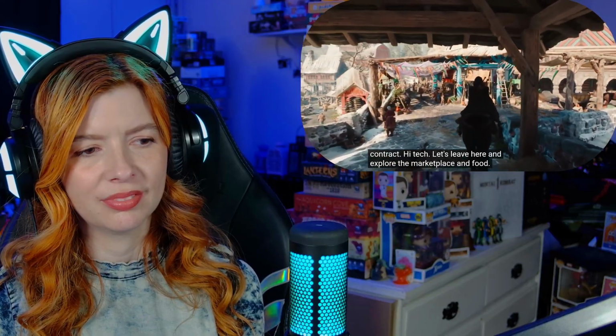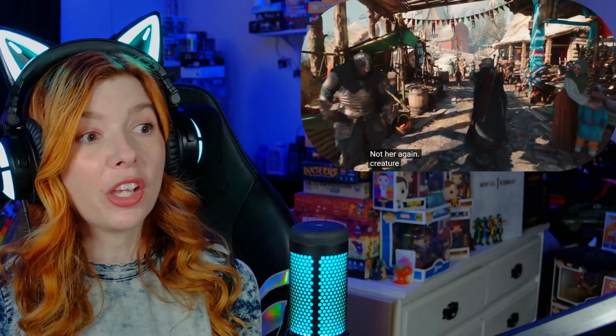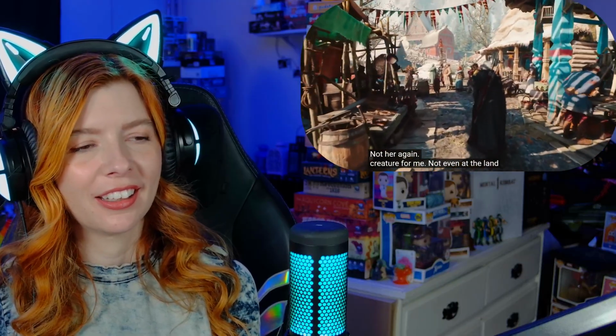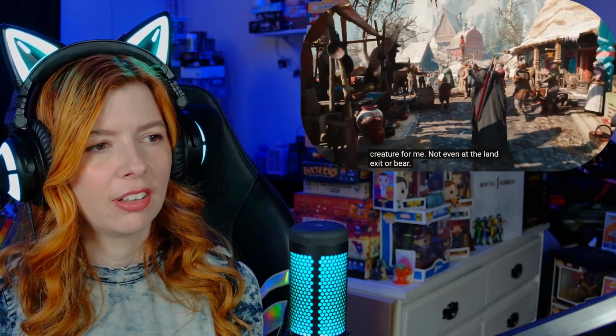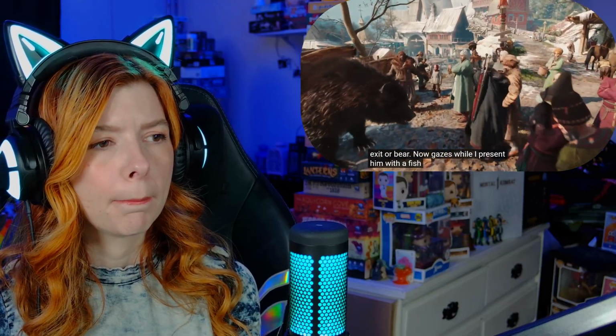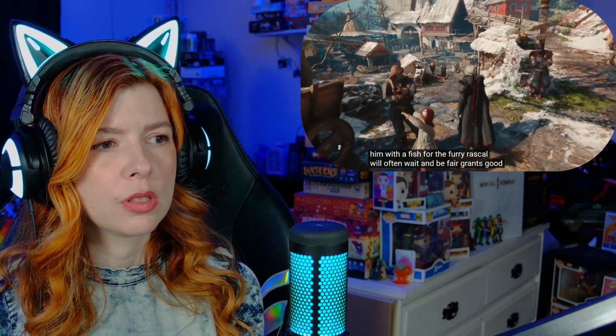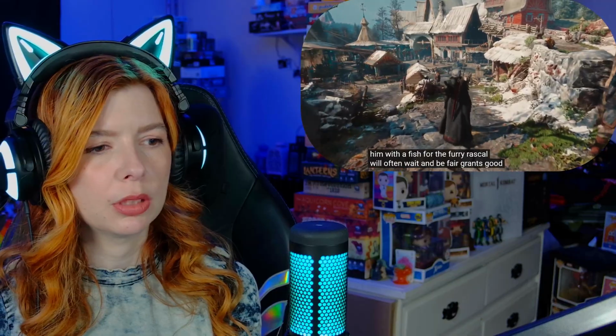Let's leave Kelpie here and explore the marketplace and food. Okay. Bye, Kelpie. I'm so excited we can finally show you some of this stuff. Let's see what Valdrest has to offer. That guard hates us. I feel like these people are way too close to that bear. I know it's trained, but...